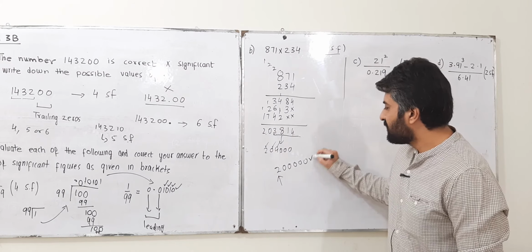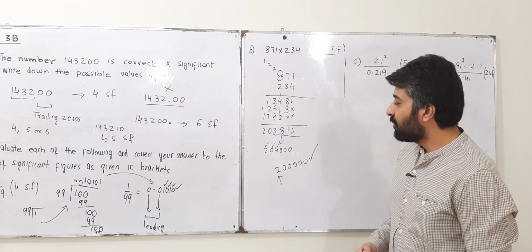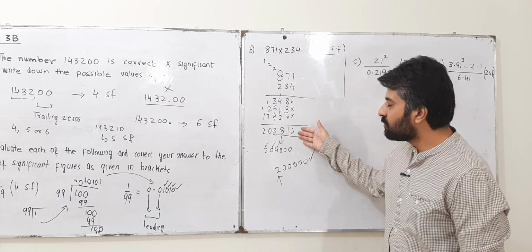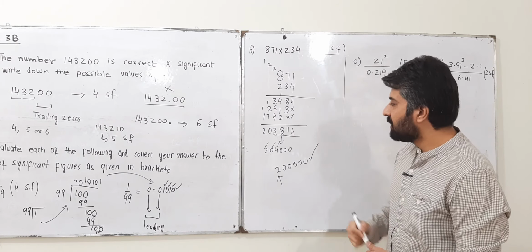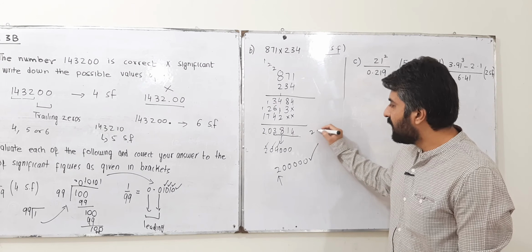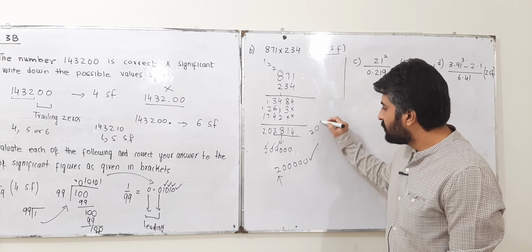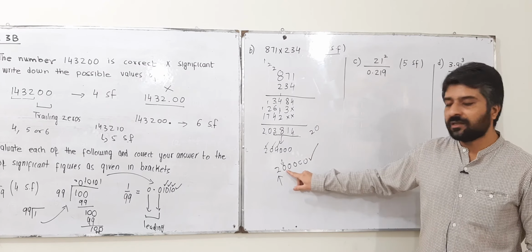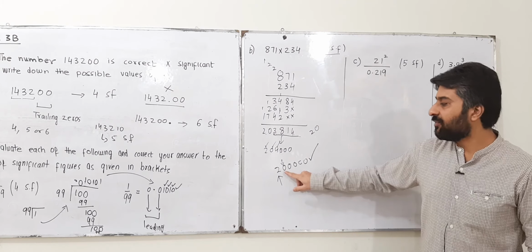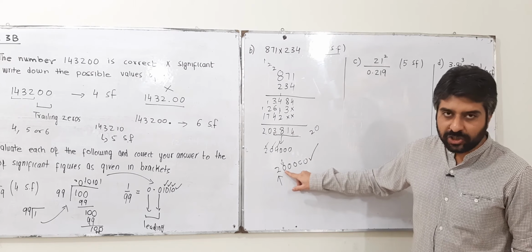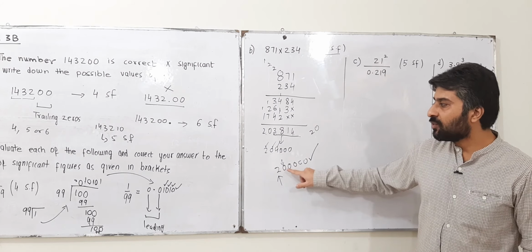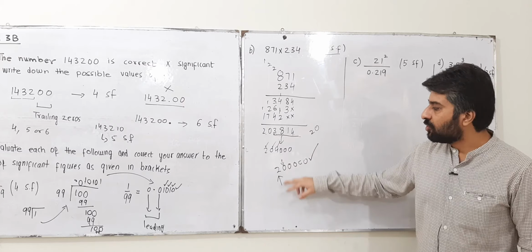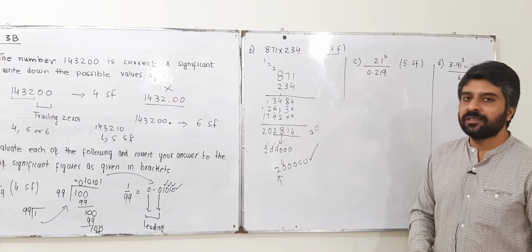According to the concept of rounding off, I cannot round this one to 2 significant figures, because for that you need to replace this digit by a number other than 0, and if you replace this one by a number other than 0, then you are going to change your value by a significant amount. So 2 lakh will be your possible answer for this case.